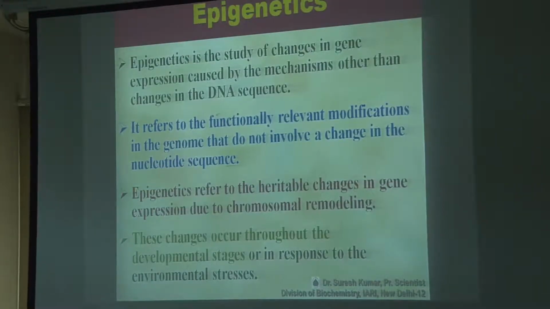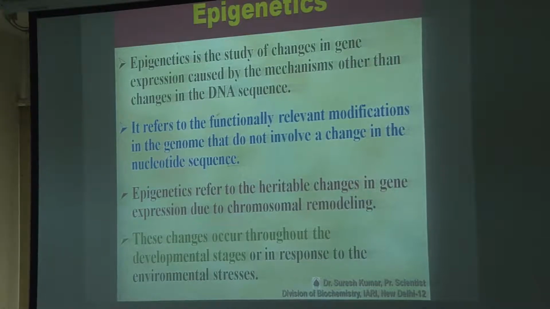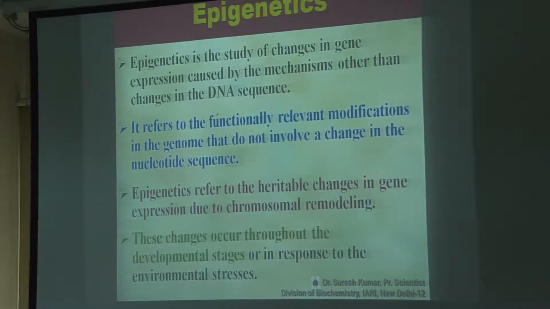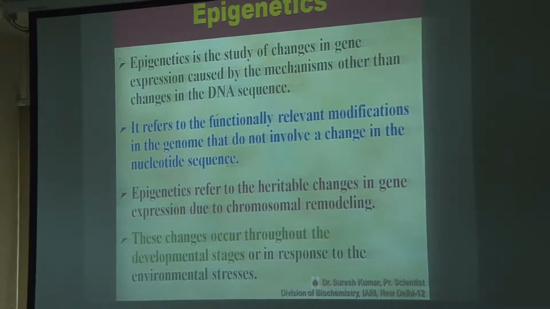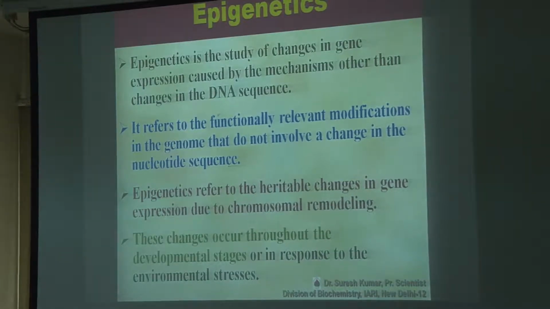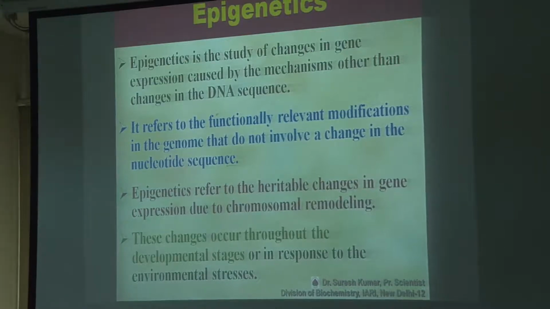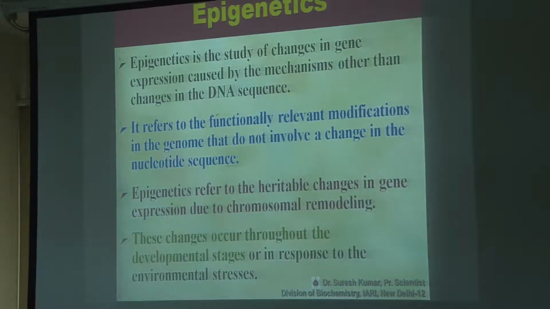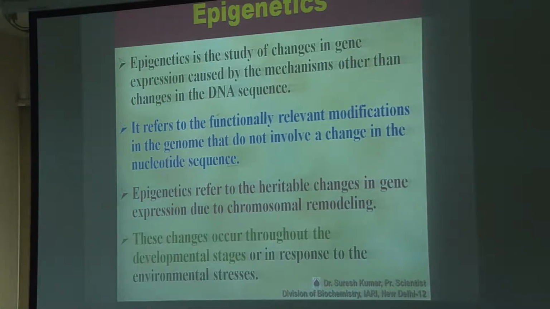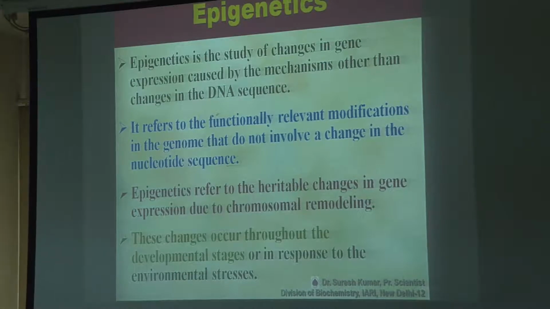So, that was all about, of course in brief, the CRISPR system or gene editing tools, different tools. And you must know what a genome is and how we define genes. Gene or genome, if we talk about a gene, that is nothing but a nucleotide sequence which codes for a functional product. That product may not be only a protein, it may be an RNA molecule also. So, whether it is an RNA molecule or protein, if it is coding for that, then it is the